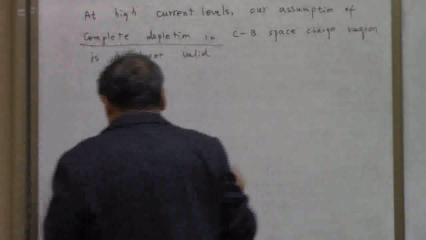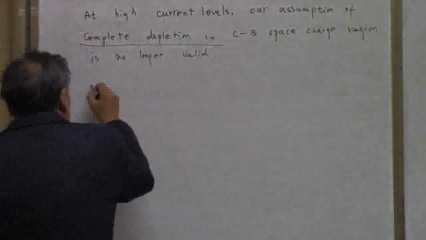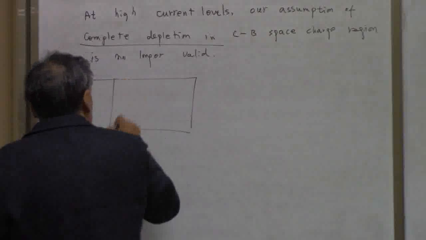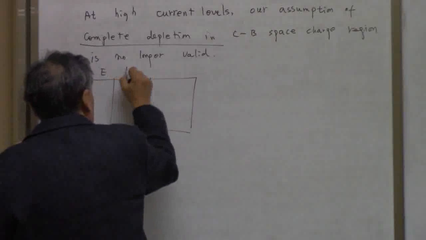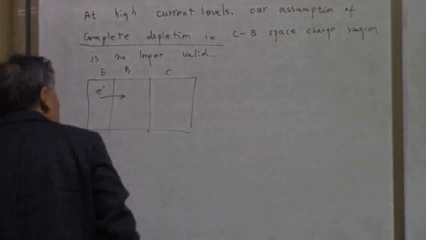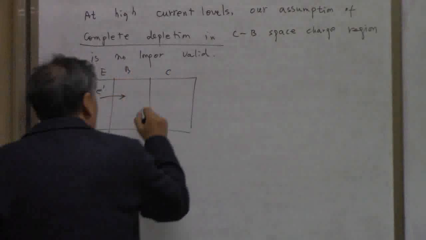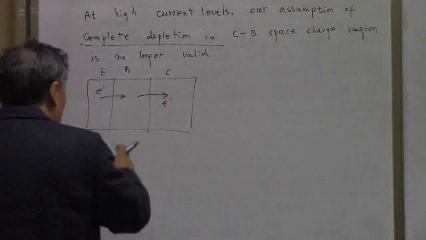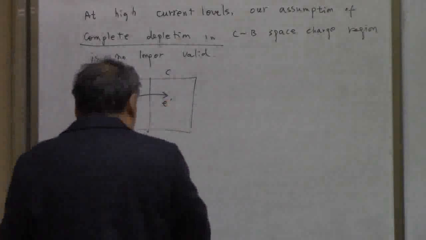Complete depletion in the space charge. So this happens in the emitter, base, collector. The electron is injected across this space charge region and it's going to be injected into the collector,